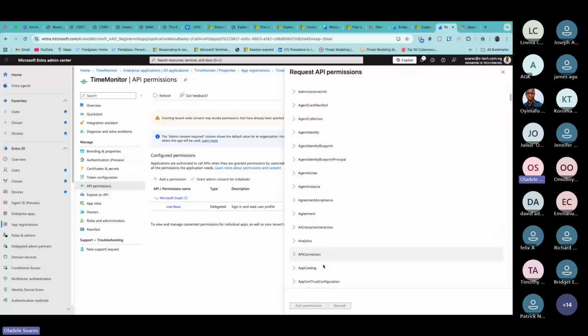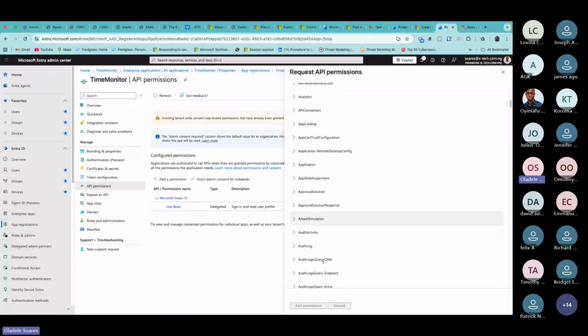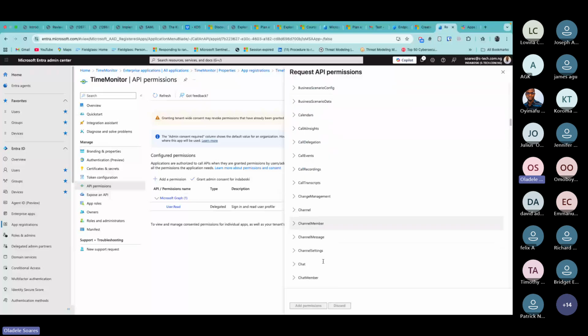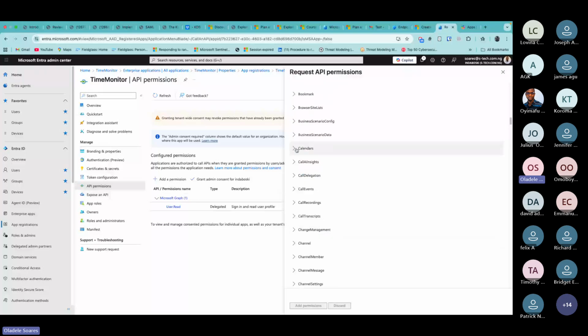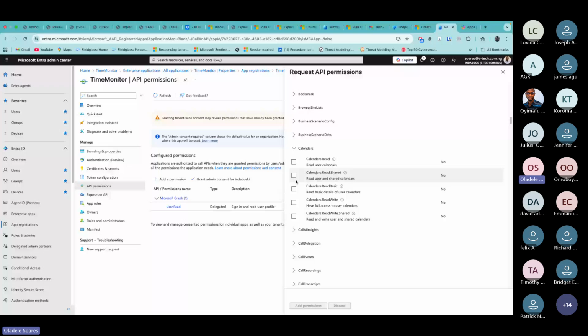So let's say what they're looking for is maybe calendar. Let's look at calendar. So maybe they need to read and write your calendar so that they can register your time. If you look at this, it says this allows this app to create, read, update, and delete events in your calendar in the organization. Users have permission to access. This includes delegates and shared calendars. So let's say, for example, the application is to do this. So the application would then,